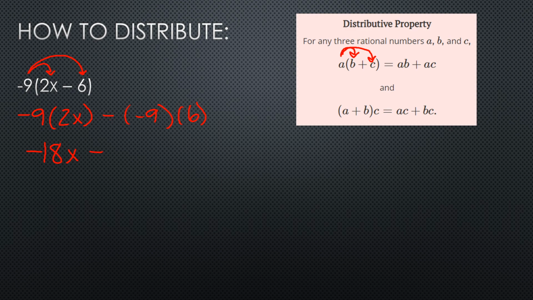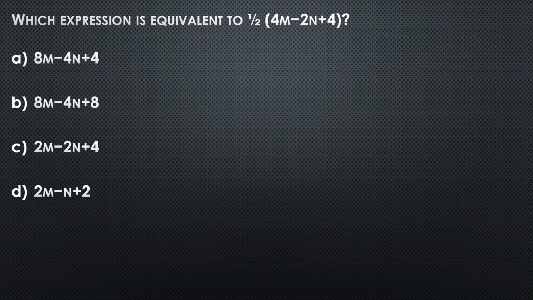My minus sign is going to be brought down. -9 times 6 is going to be -54. So this would be our final answer here. Remember, any number that is outside of your parentheses, you are multiplying it to every single thing inside of your parentheses. Here's our first question, and we want to know which expression is equivalent to 1/2 times 4m minus